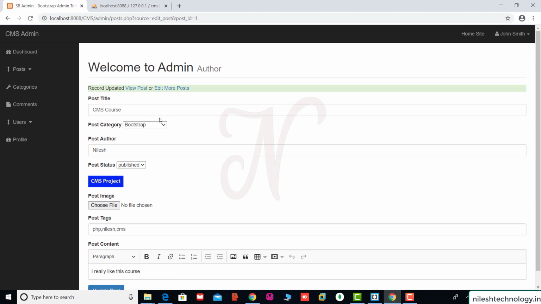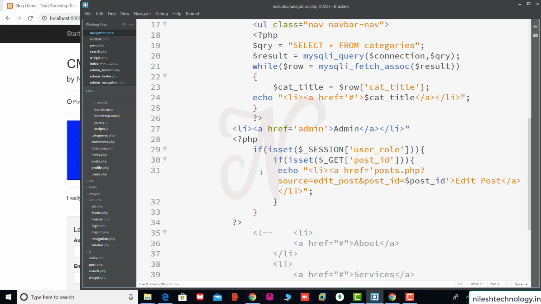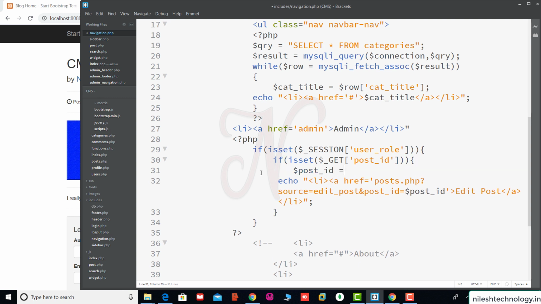Okay, if you want to view this post, so see here, this is your specific post, but I think this menu is missing here. So see here again, if it set this ID, okay, so save these changes.